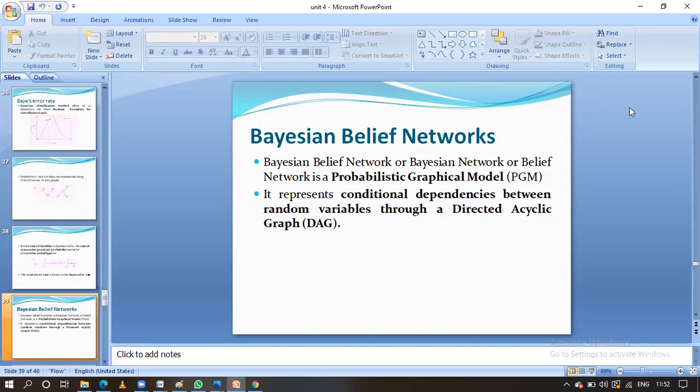Look at what we have seen, guys, in this fourth unit. We have seen Bayes theorem, and the next one is the naive Bayesian classifier. The next is error rate related to the Bayes theorem, and the final one is the Bayesian belief network. Only four concepts are there, guys. Mainly the bigger topic is the naive Bayesian classifier.